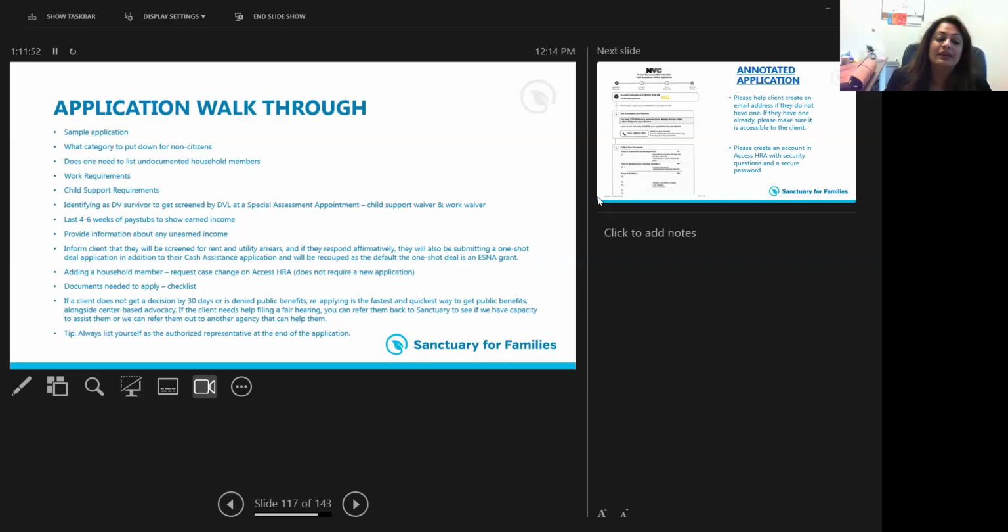And since you'll have already done it for them once, it will be very easy to help them reapply because you'll already have gone through the process, asked them the same questions. You'll have your sample application with you, which is the application you submitted, and you'll have the supporting documents too, right? So reapplying is the fastest way. However, before you reapply, it doesn't harm to do a little bit of center-based advocacy,